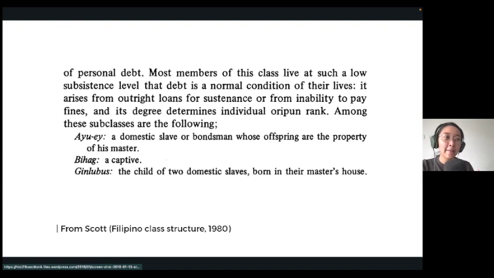You have a classless society, which is not yet a chiefdom, could become a chiefdom, but was an early society that existed nonetheless. You have warrior societies that are definitely chiefdoms, and you have lowland coastal settlements, which are chiefdoms who have warrior roots, but also are pretty strong at trading with other communities. So that's the first thing that Scott showed us, the different kinds of settlements.